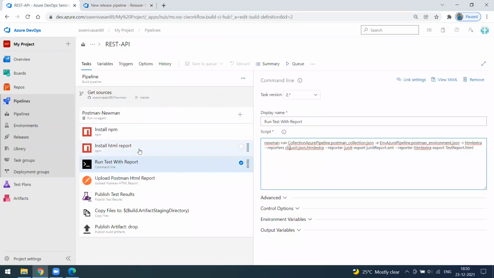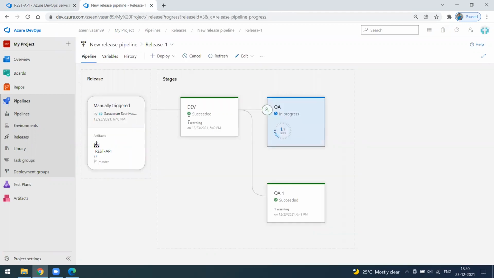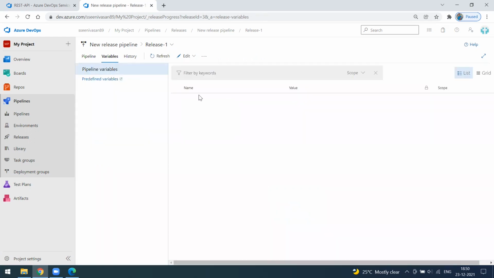So we will install and we will run the case, right? After deployment, these are the steps that we have to follow to execute our script. It may differ, like you may execute your script only in the QA environment, or only in QA1 or QA-T, right? So it is based on your needs. These are the options that we have. Maybe we can use variables also. If you want to use them in the script, you can use the variable here.